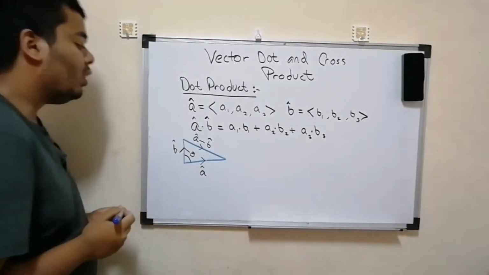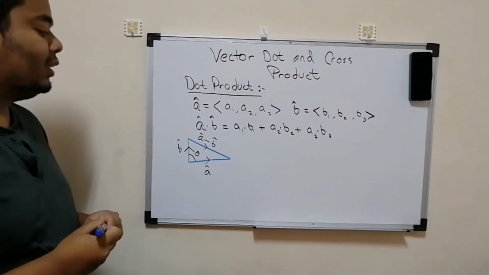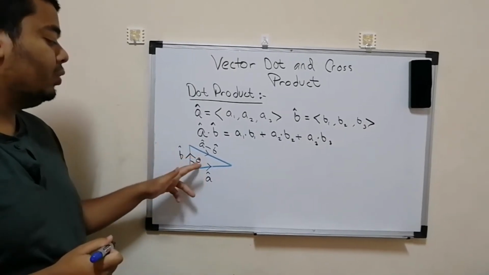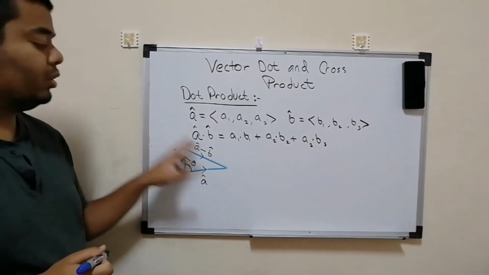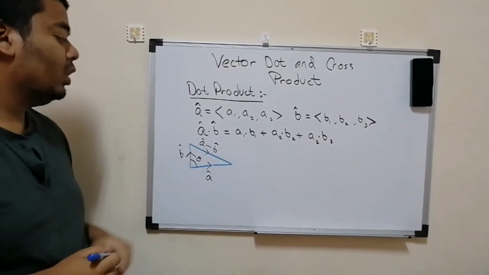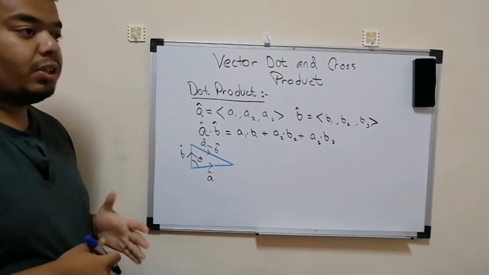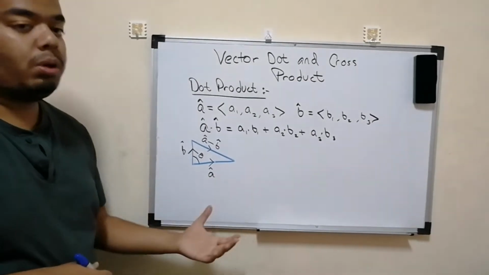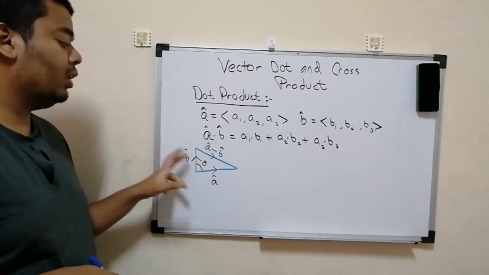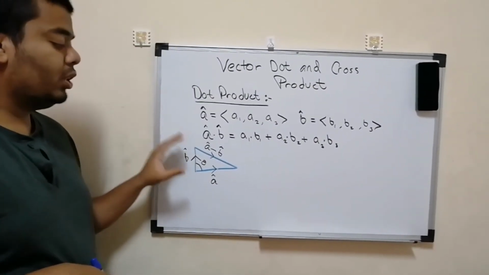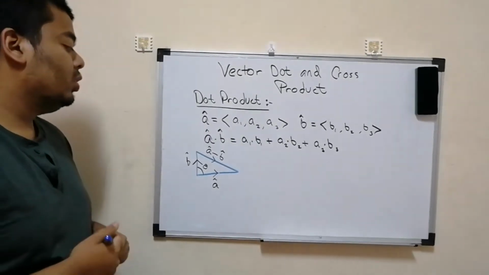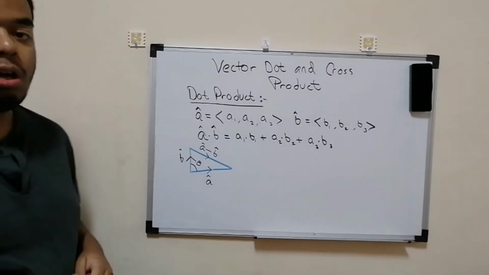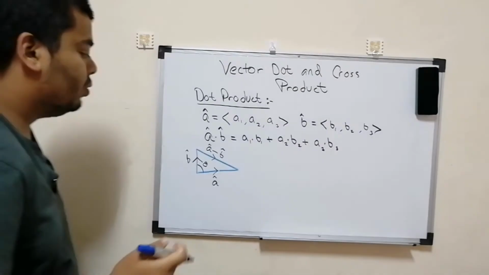So now let's find out the length of this vector. Actually our main goal is to find another formula for the dot product of A and B, but for this we need this triangle to prove that. So according to the cosine law, we know that